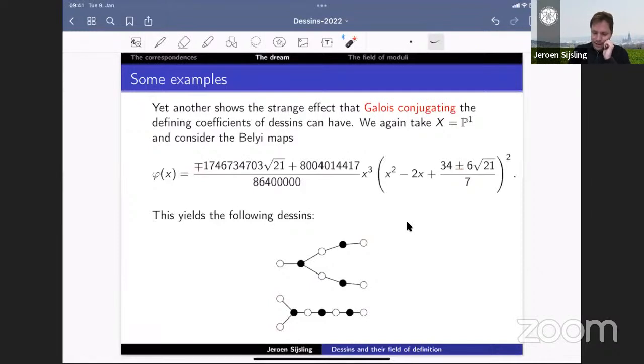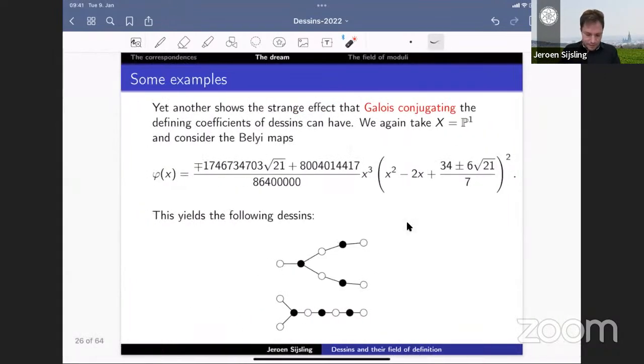I hope it is at least slightly convincing, because you can see that the ramification is right. There's a 1 to the power 3 and there is 2 to the power 2. Well, you see that here too. 1 to the power 3, 2 to the power 2, and also in this one. But these dessins are not isomorphic, but they are Galois conjugates. This is a non-trivial example of Galois conjugation, and